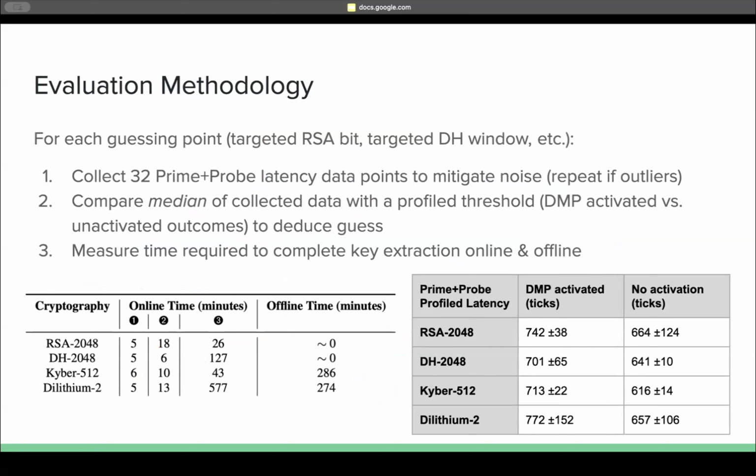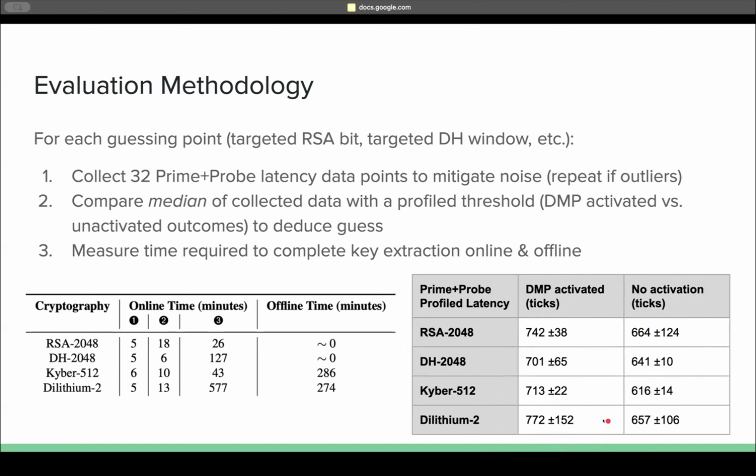Just really quickly going over the evaluation methodology for all four of their demonstrated attacks. In principle, they're all about the same. They collected a bunch of prime and probe latency data points and then compared them to a profile threshold. Down here, these were the numbers and the error ranges that they gave. As you can see, it's similar to that histogram that Jacob showed earlier,